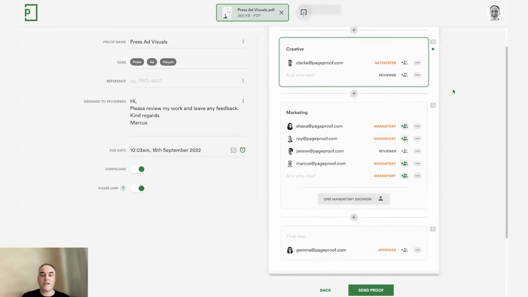Okay. Now, the thing you should note at this point, the people that are in the marketing step and below, they will only see and have access to version 2 of the proof. Why? Well, that's because version 1 was stopped by Clark and sent back as a to-do list. So it was only version 2 that was released by Clark into the next step. So they will only see version 2. And this is a great way of making sure that if you have people in the second steps and beyond that you don't want to see comments back and forward with the creative team, this is the style of workflow you can use in order to achieve that.